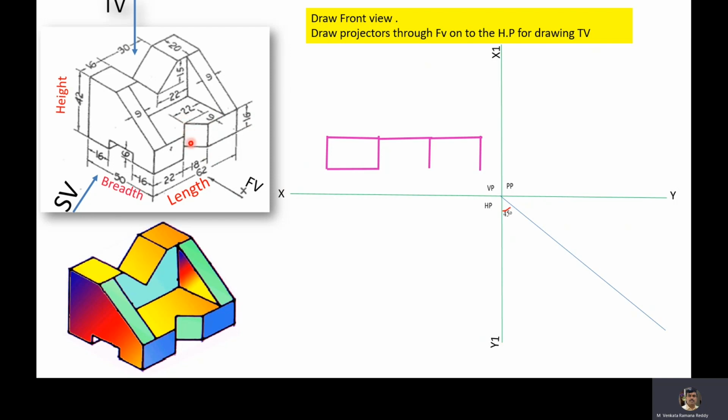Here one more line will come, that is 16 mm. From here to there it is 9 mm. This total length is 18 mm and from here to there it is 22 mm. After that, from here to there the total height is 42. 42 minus 16, that is 26 mm.